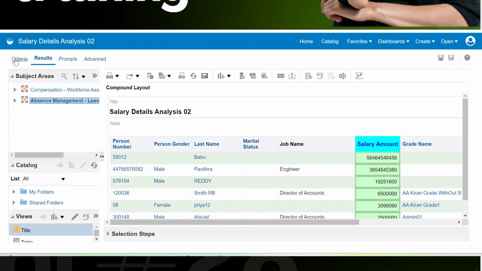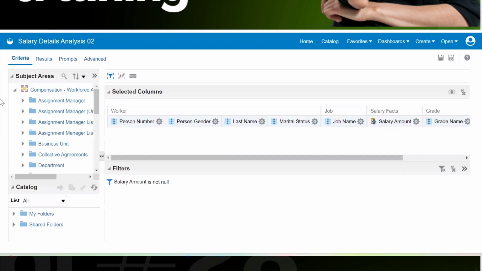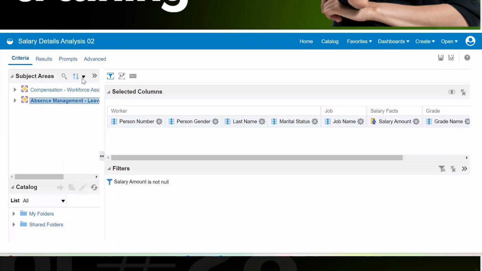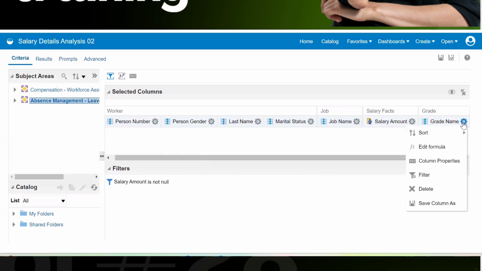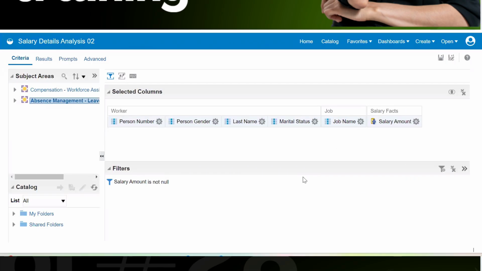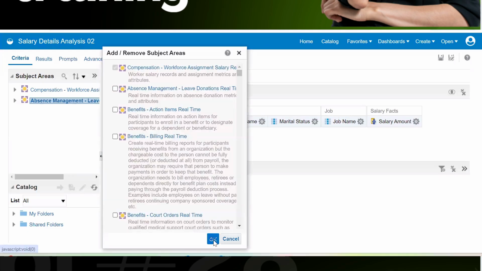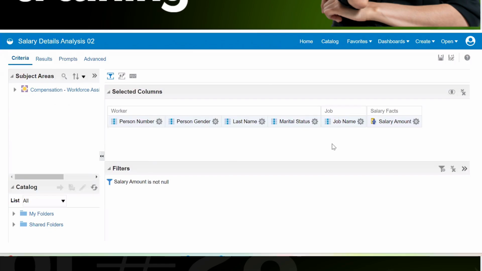So in case I don't want this subject area to be there, I will select the subject area, remove the columns specific to that subject area, and then I can even delete this subject area. And this is my analysis, that it should be displaying the last name, person, gender, status, and this thing.